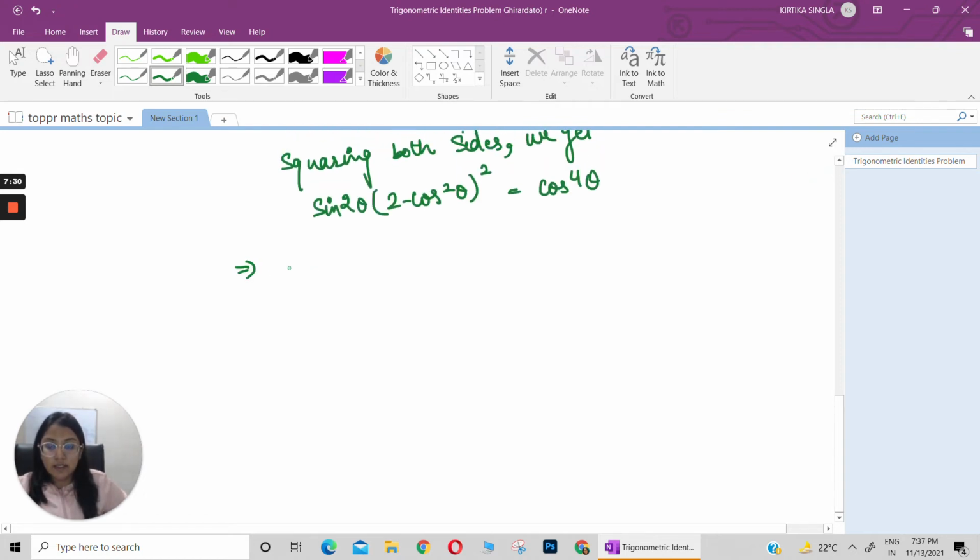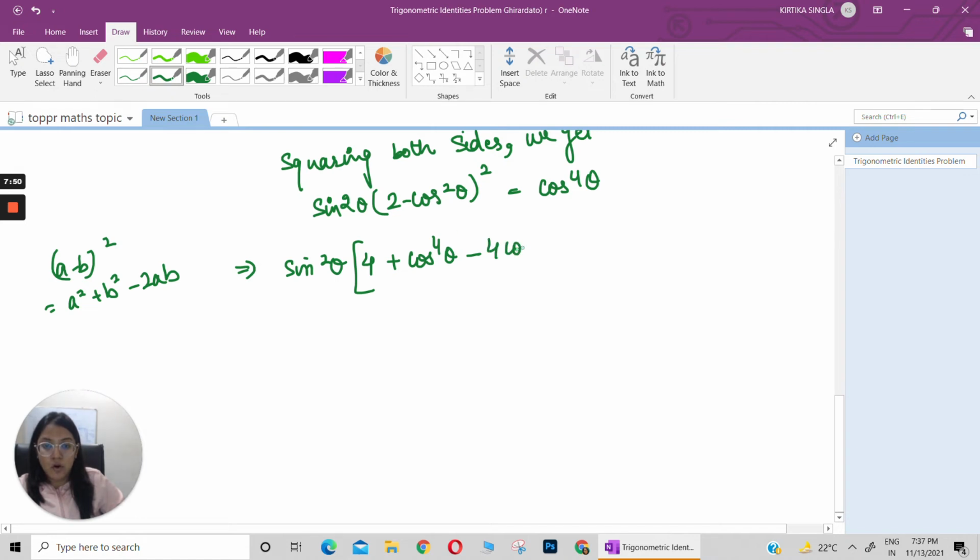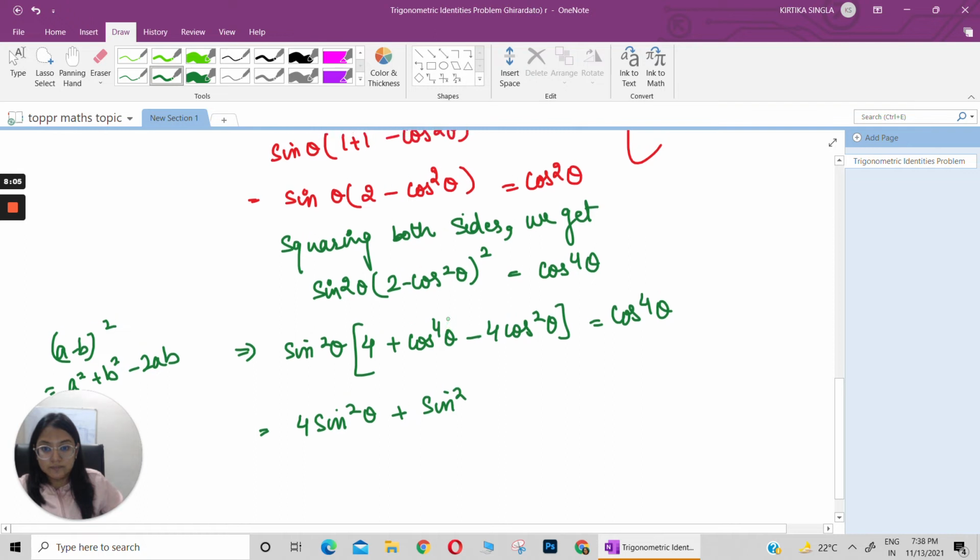Yes. Now sin²θ, we will take the whole square of this. What is (a − b) whole square? We have a² + b² − 2ab. So it will be 2² + cos⁴θ − 2ab, that is 4cos²θ, and this is equal to cos⁴θ. Let's multiply sin²θ to the whole equation. We get 4 sin²θ plus sin²